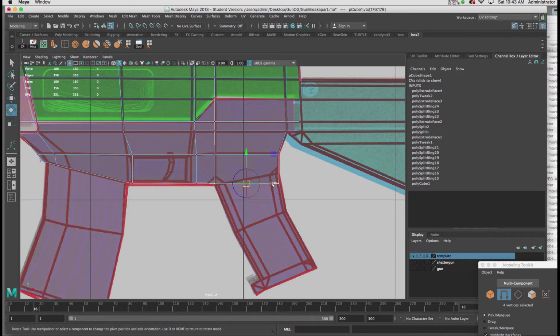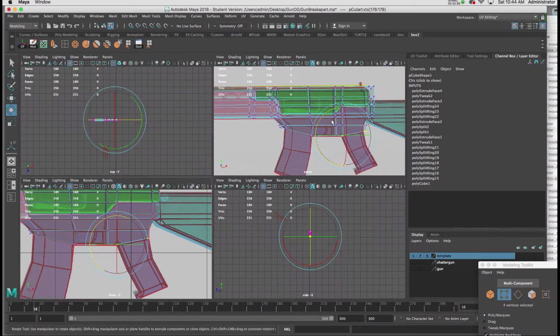Holding down D, move the pivot, let go, and rotate it up. The key to this is choose your rotation tool before you move the pivot, because it's specific to the tool that's selected. With the move tool, it would just be moving the pivot for the move tool and not the rotation. All right, so I'm going to return to my perspective view again,